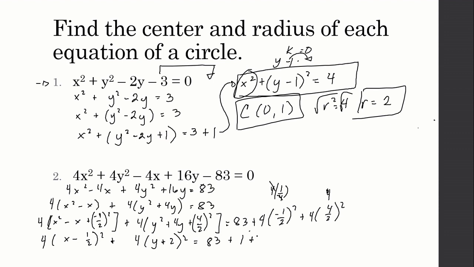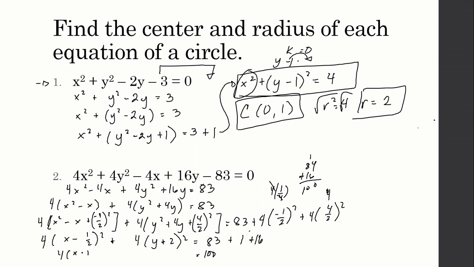Okay, times 4, it will become 16. So let's add them. It will be 84 plus 16. So 84 plus 16 is 100. So 100 here, and then 4